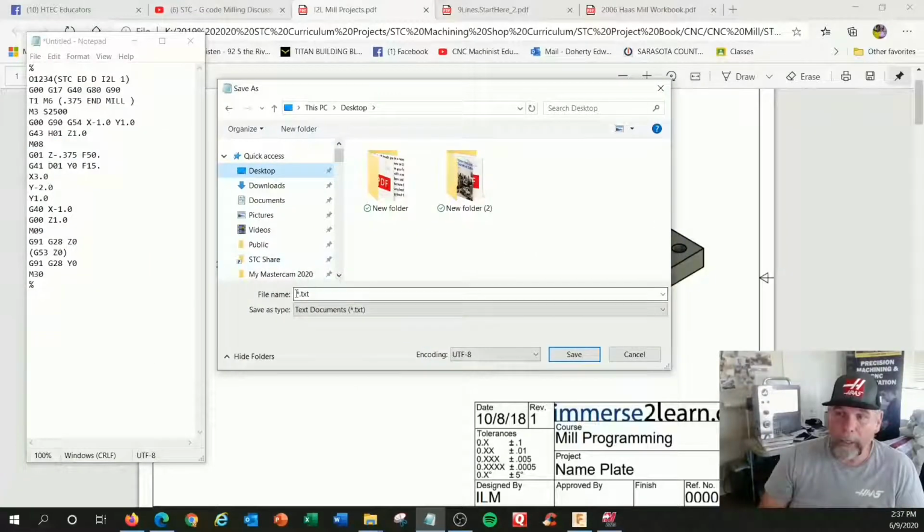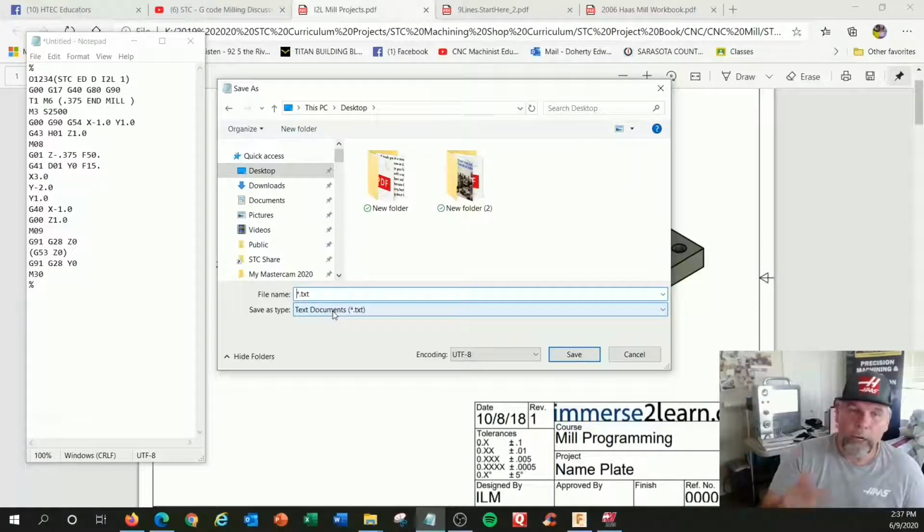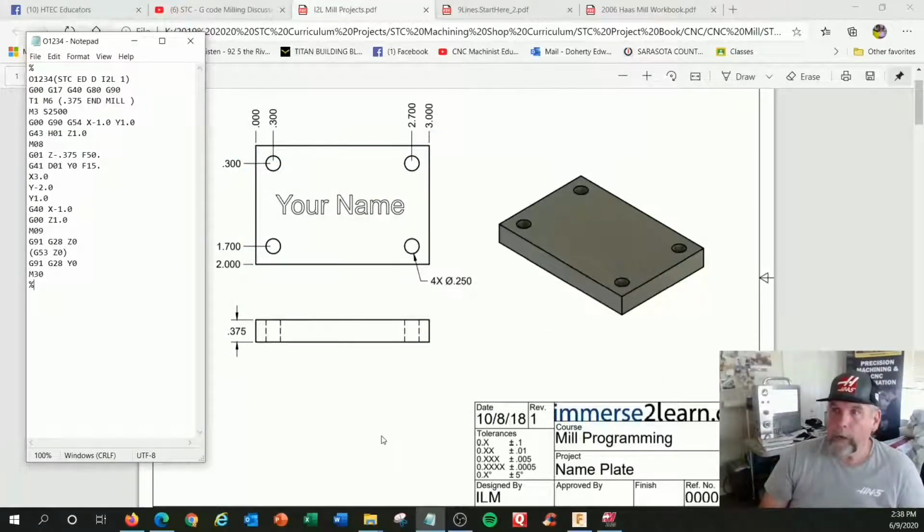So I want to name the file. You can actually literally name the file differently, like a different number than what's in there. Probably not a good habit. So you can give it a name, or you can give it a program number. Program number, if you're trying to keep these things, you got to have better records. But in this case, I'm just going to call it program number. So I'm going to call it caps lock on 01234 text, right? Save. And if I turn on my NC viewer,